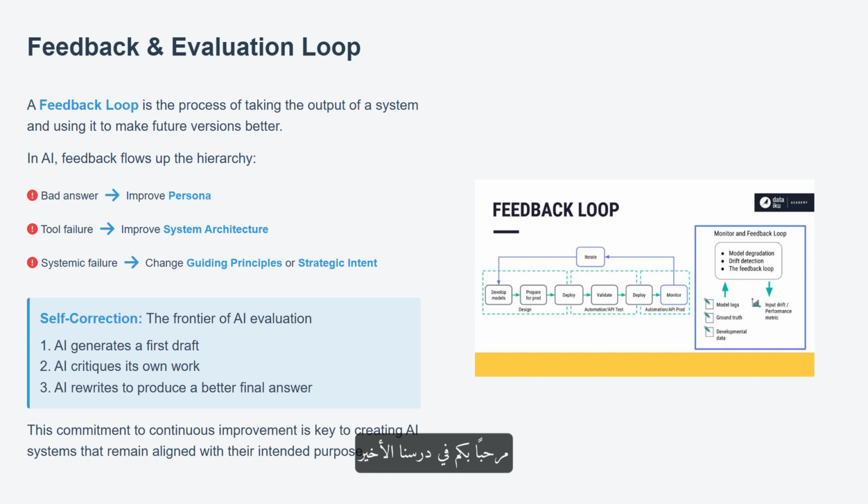Welcome to our final lesson, Lesson 7.2, Implementing Evaluation and Self-Correction. A great ship captain doesn't just wait for the voyage to end. They are constantly checking their instruments and listening to the engine. They are performing ongoing evaluation. If they hear a strange noise, they might try to fix it on the spot, a form of self-correction. The most advanced AI systems are being designed to do the same. Our learning objective is to identify methods for evaluation and the concept of self-correction in AI systems.